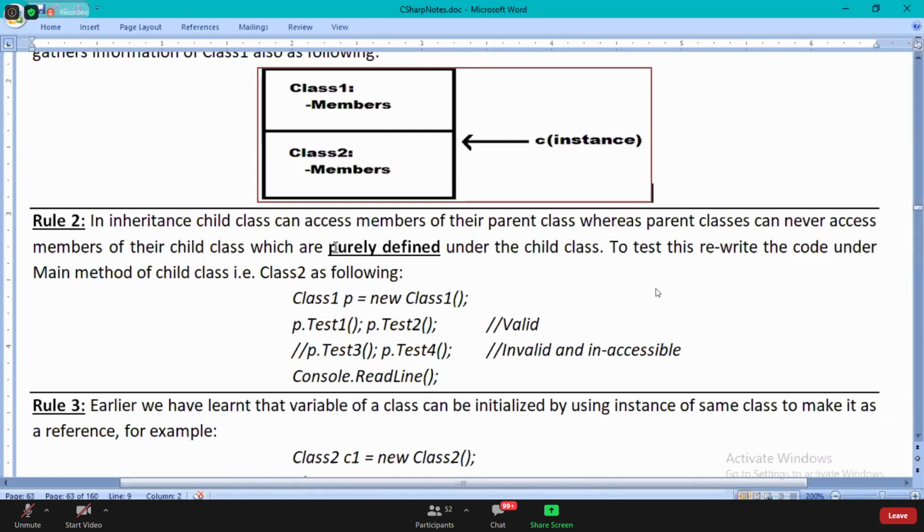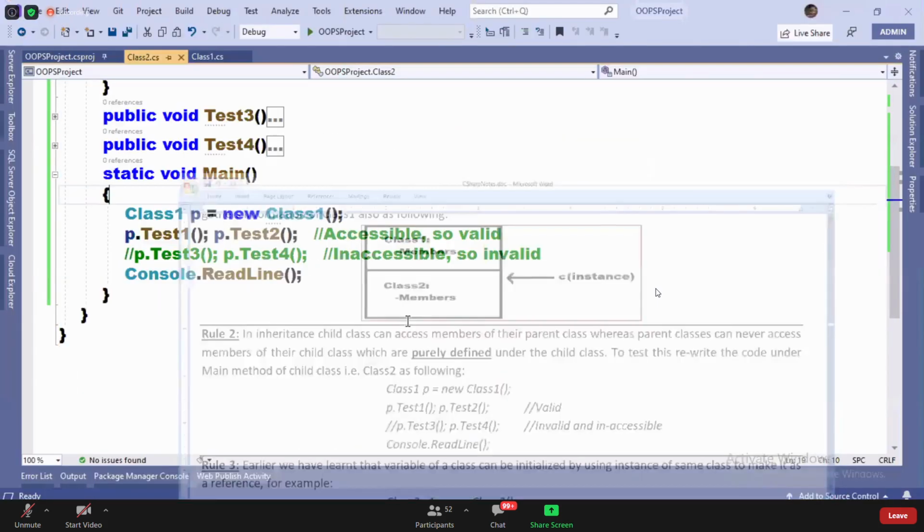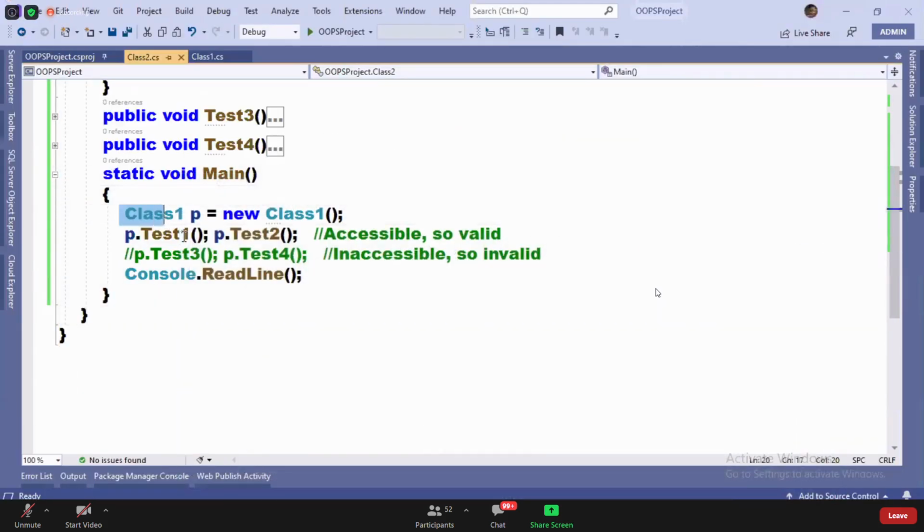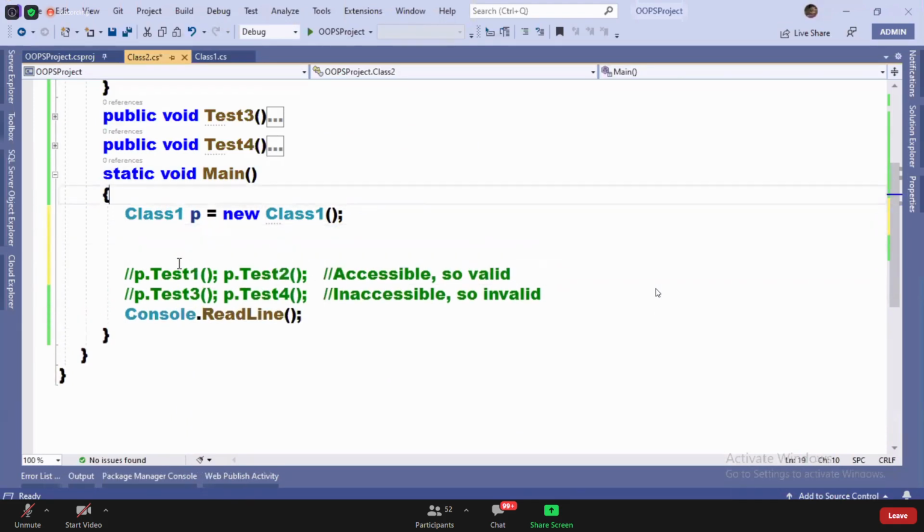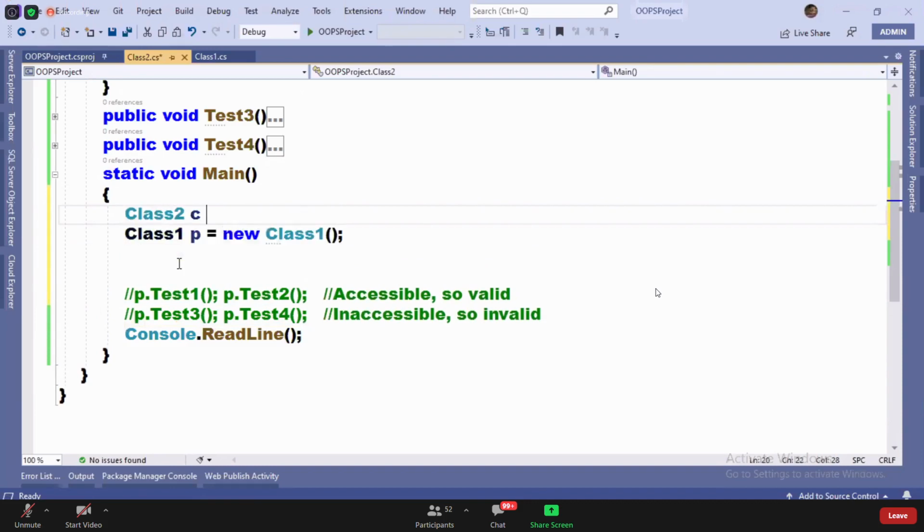Okay, fine. Next, rule number 3. What is rule number 3? Look at this, guys. Rule number 3 is: class 2 C is equals to new class 2.